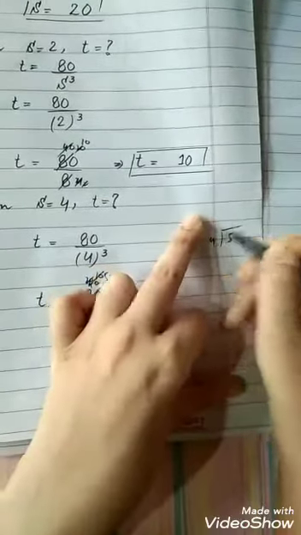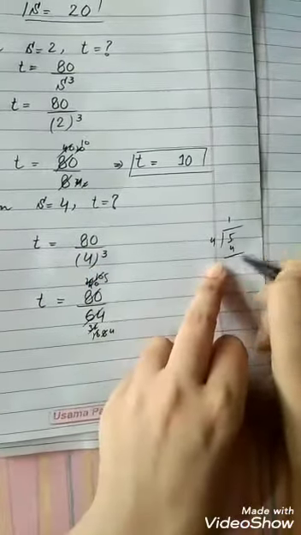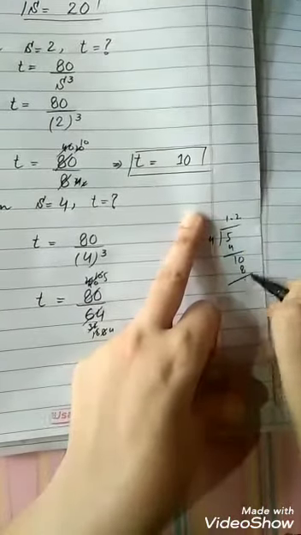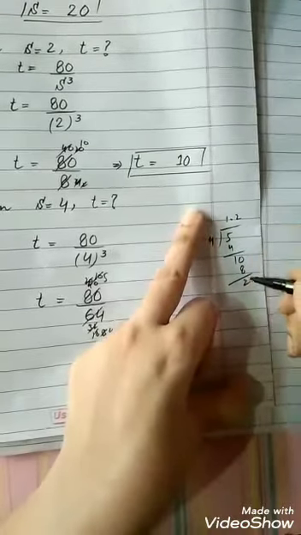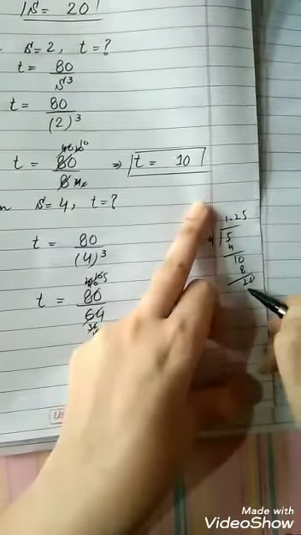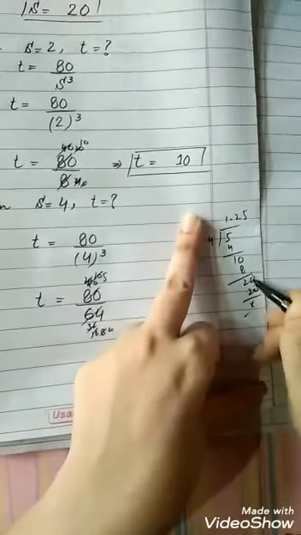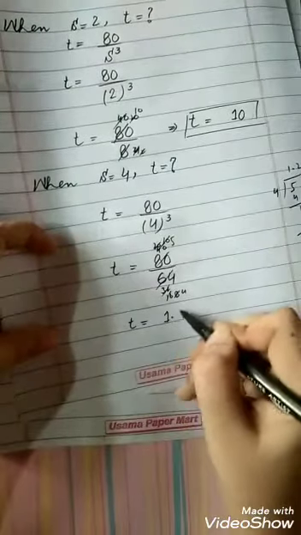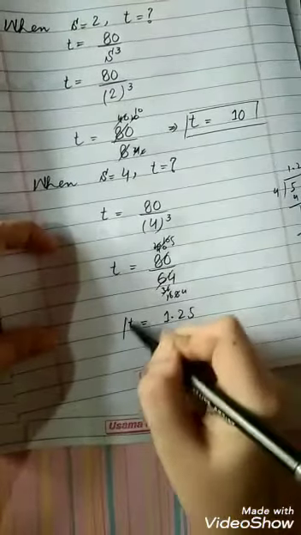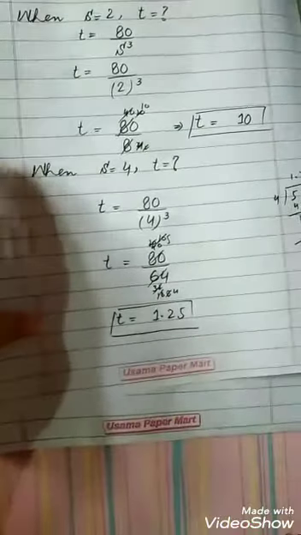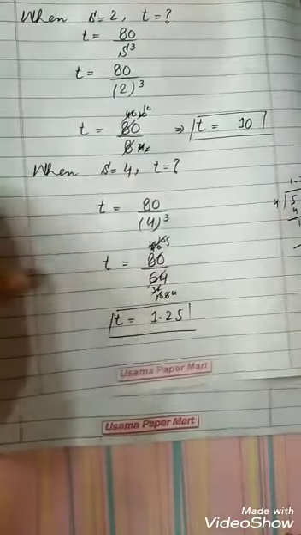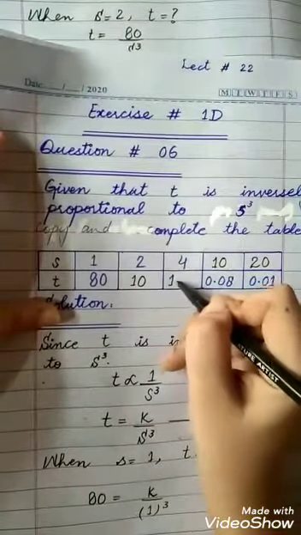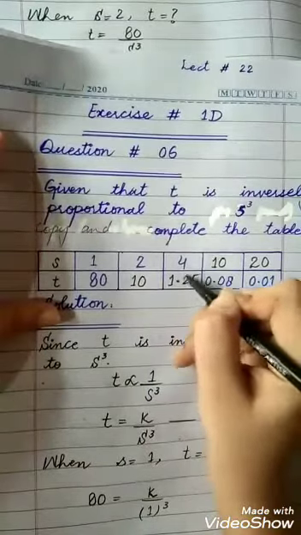Now it's 5 and 4. 4 1 times 4, 1.0. 4 2 times 8, 2. 0 and 4 5 times is 20. So t is equal to 1.25 when we put S is equal to 4. We found this value, we will place this value in the table now. S is equal to 4 and t is equal to 1.25.